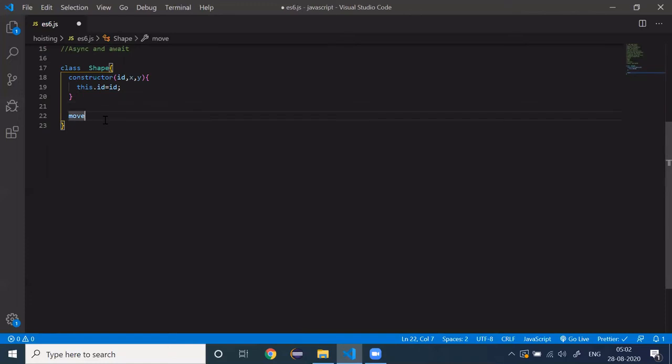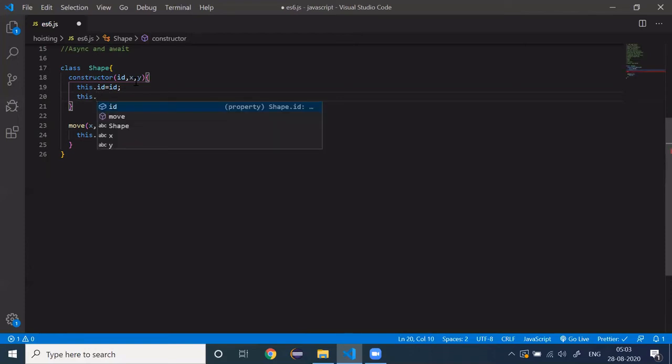You can directly provide the name, and let's use this.x, y. So let's call this from here. If you want to call the method from inside the class, you can use this keyword, and then dot move